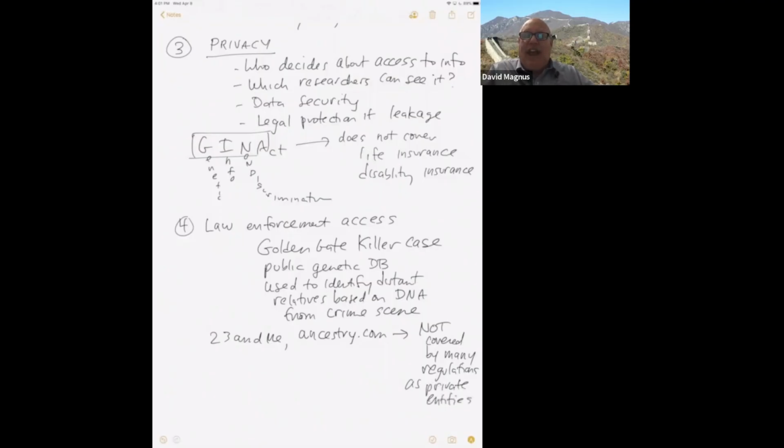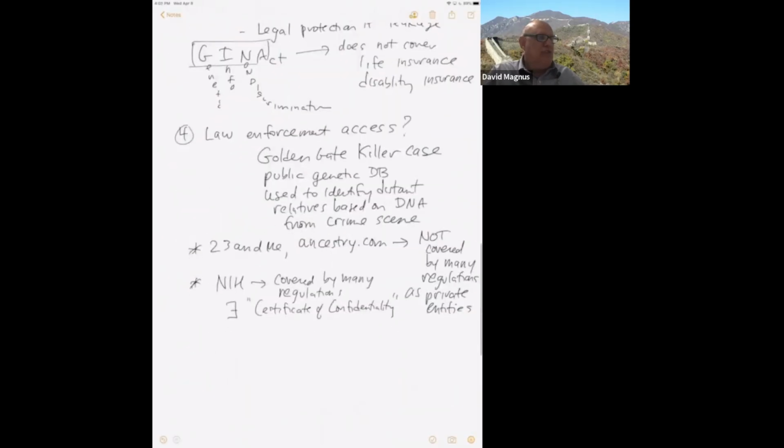In contrast, an NIH-funded study like the Precision Medicine Initiative, All of Us Research Program, they have something called a certificate of confidentiality. And so short of Homeland Security under conditions of national security, anything short of that, like police trying to catch a killer, they cannot get access to do forensic analysis of any of the data in those NIH-funded databases. And now there's a new rule as part of the 21st Century Cures Act that all NIH-funded data all has a certificate of confidentiality offering that protection for people.